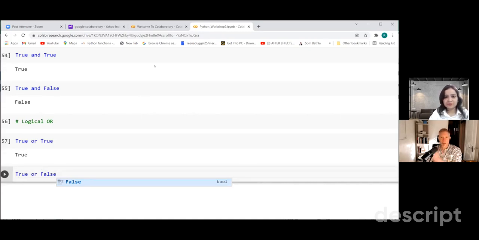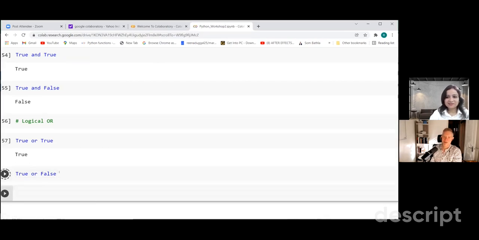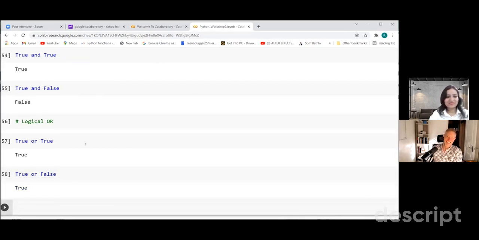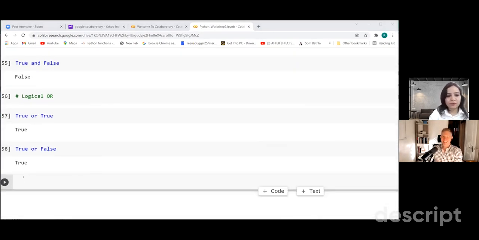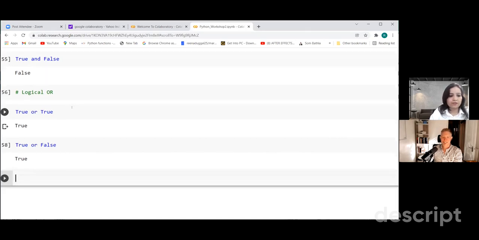So this is True, because we are using logical OR, and logical OR says that if any one of the operands is true, the result is true. Now False or